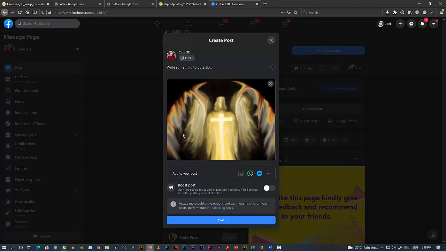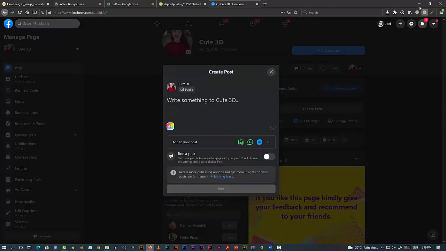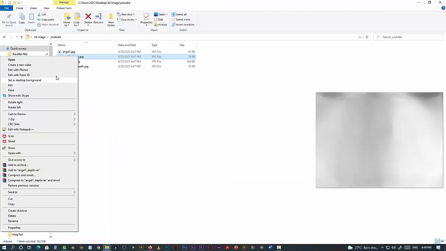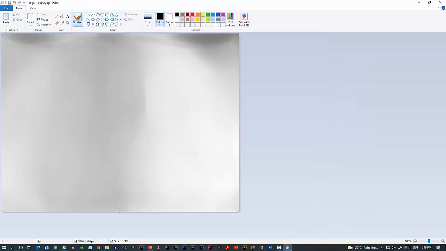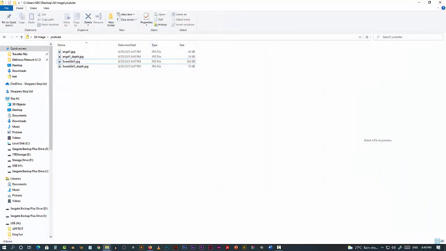Okay, you can see there is some movement. Okay, what if I invert this? So I'll open in Paint. I'll press Ctrl Shift I and then I'll try it out.